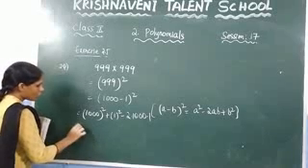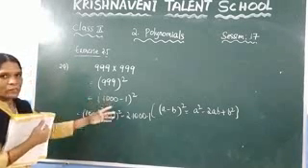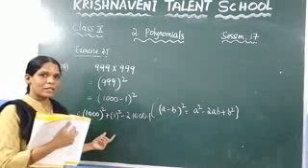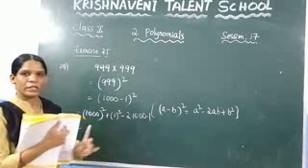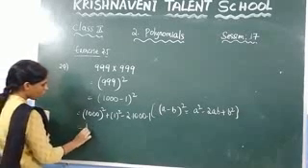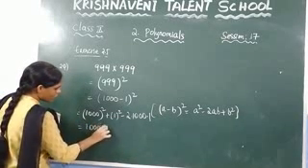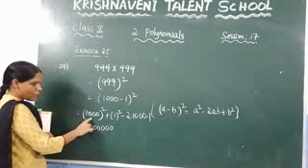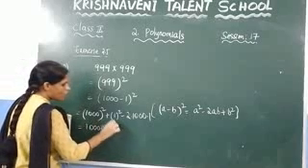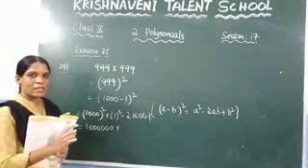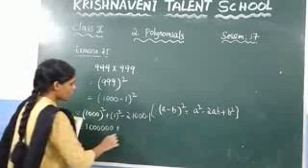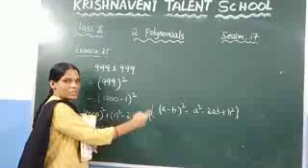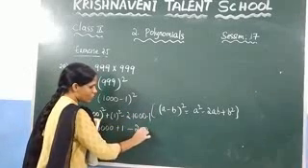So here what do you do? You need to multiply 1000 two times. For 1000, how many zeros are there? 3 zeros are there. So if you are multiplying two times, how many zeros do we need to keep? We need to keep 6 zeros. So write it here 1 0 0 0 0 0 0. We have kept 6 zeros, 1 2 3, 1 2 3, because we have multiplied this 1000 two times. Plus 1 square. 1 square is nothing but you need to multiply 1 two times. 1 into 1 gives you 1, minus 2 into 1000, which is 2000. 2000 into 1 you will get 2000.